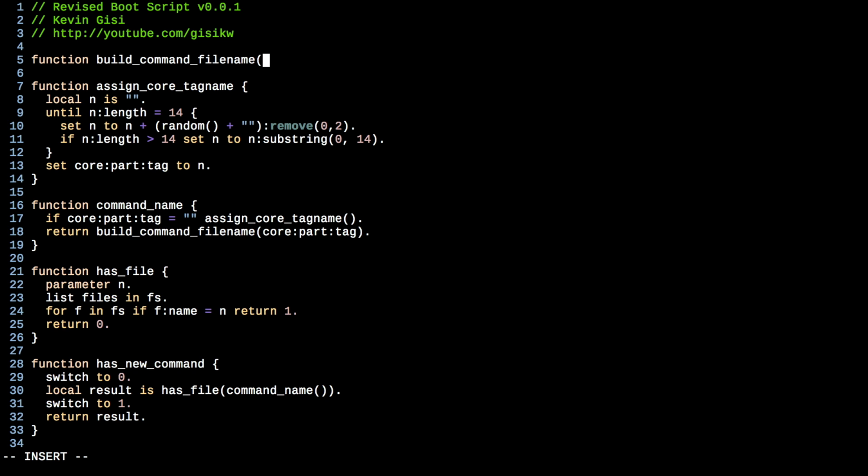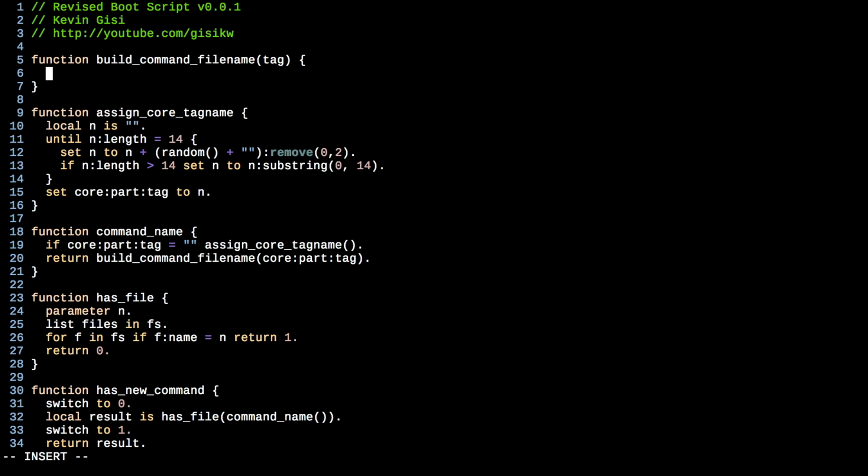And it's taking in a core name, a tag. It's taking in a tag, and let's say return, to start us off, let's say tag plus dot update dot ks. Now, of course, now that we've written it, we can see this is one that's almost immediately going to get thrown back in,